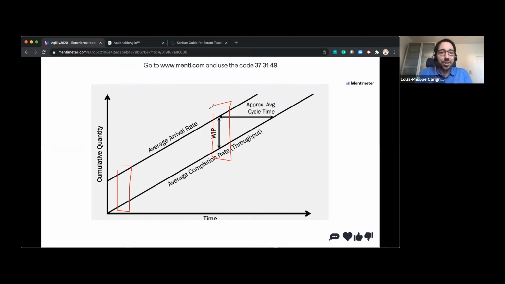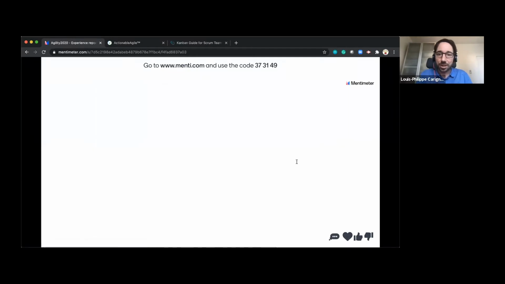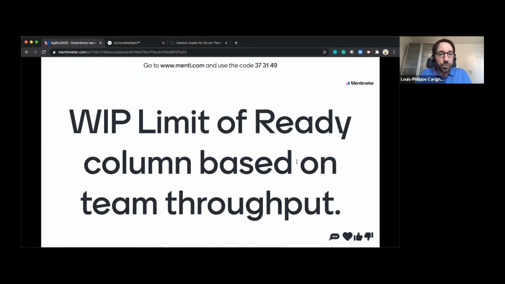So the big improvement that I've done with using Kanban within the Scrum framework is applying a WIP limit on the ready column, or the first column of your sprint backlog, equal to your throughput. So if you're completing 10 items per sprint, you should take 10 items into your sprint. So the big rule in there is have the WIP limit of the ready column based on the team throughput.